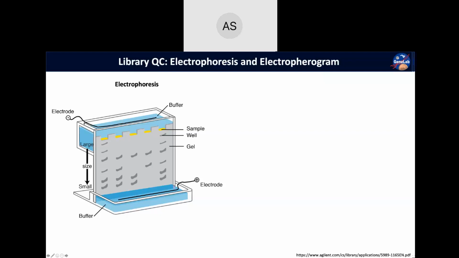We apply our current from negative to positive. Negative being where the samples are loaded, positive being where it's going to run to. Any idea why it's in that direction? Because DNA is negatively charged. Absolutely. Yes. DNA has phosphate groups on it, which are negatively charged, and so they will be attracted to the positive